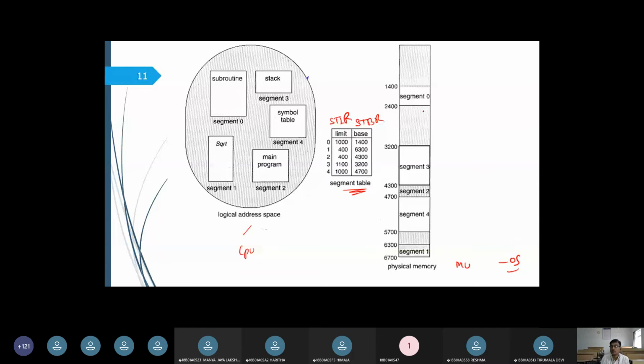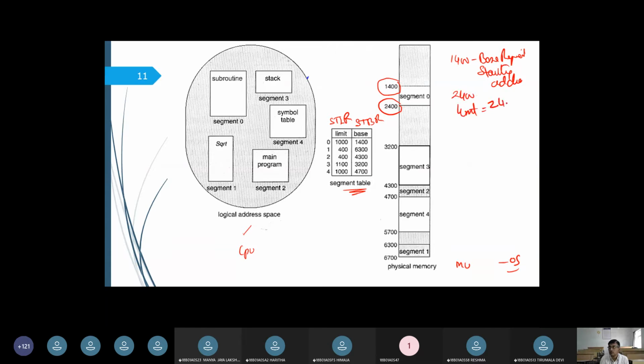Now you can assume the physical address starts at 1400 and ends at 2400. What is 1400? 1400 is the base register, or the starting address. What is 2400? It is the end of the segment. Now what is the limit holding?